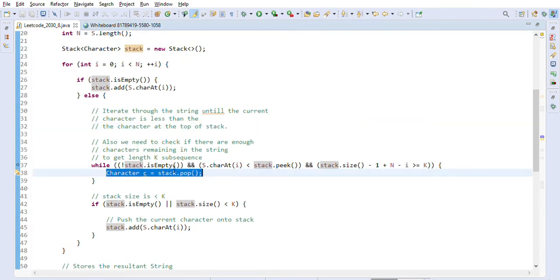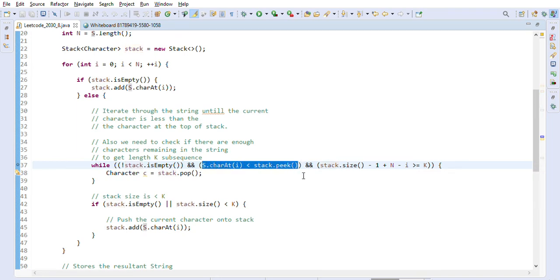Here, as you can see, we do stack.pop while the stack is not empty and the current character that we are seeing in the string is less than the top of the stack. Then we pop it out.